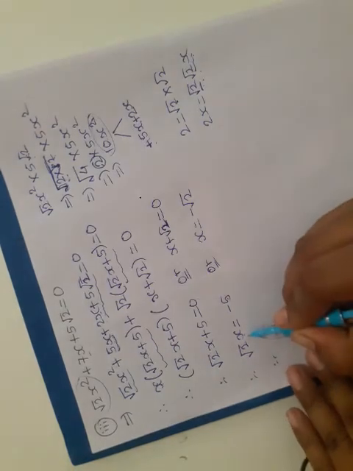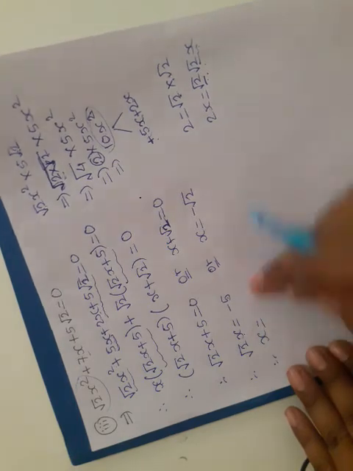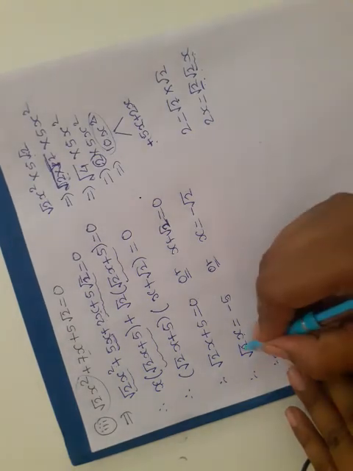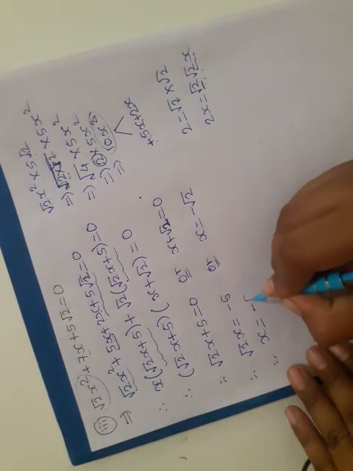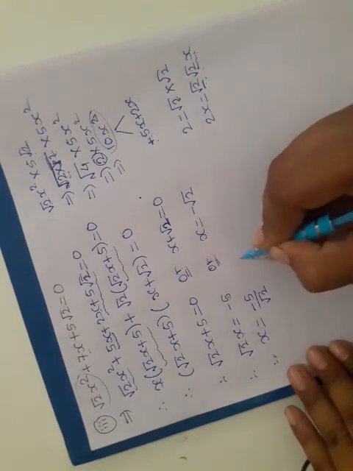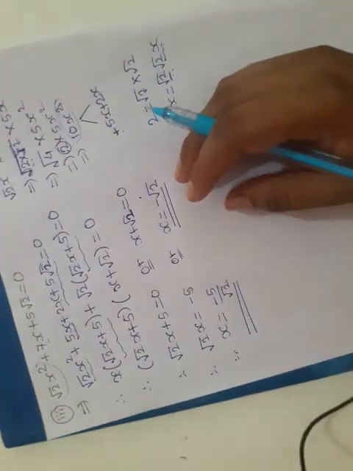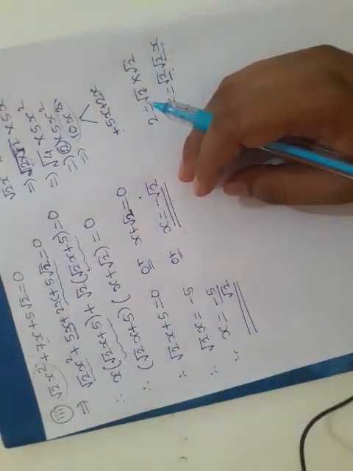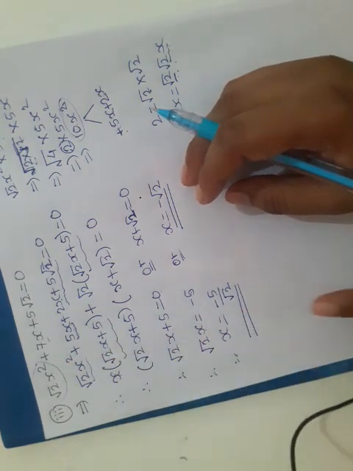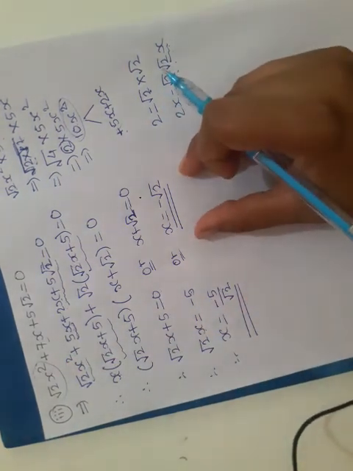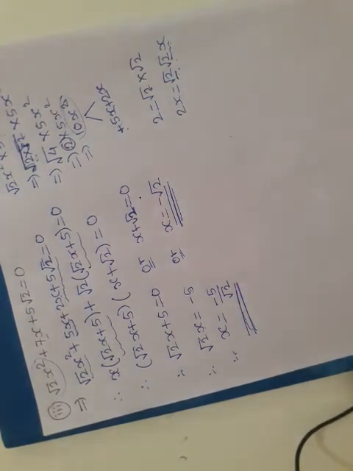Now again we have to find the value of x. We do not need this root 2, so x is equal to, we divide both sides by root 2, then root 2 on this side gets cancelled, and on this side it becomes divided, so minus 5 upon root 2. And in this way we get the value of x. We get two values of x. If it is a quadratic equation, remember this again and again: if we find the value of x, we get exactly two values of x. So these are the factors of x.